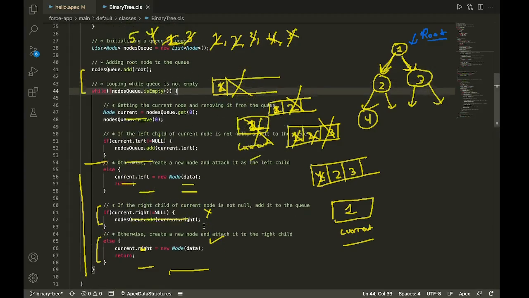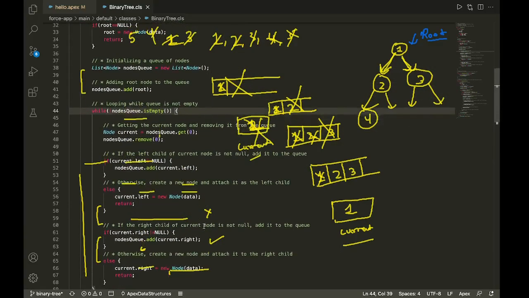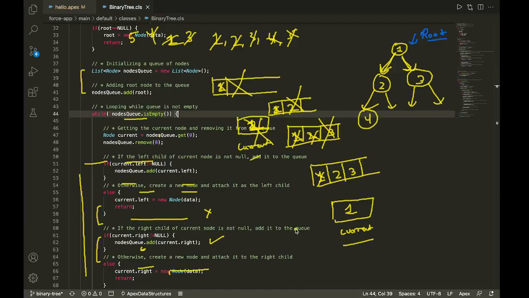So we are going to move back to our while loop, right? So that means node number 1 is processed and its left and right child are added to the queue. So it's time to move over to the next node. The next node is popped from the queue and marked as the current node. So that means node number 2 is popped from the queue and marked as the current node. So current node is nothing but 2 this time.